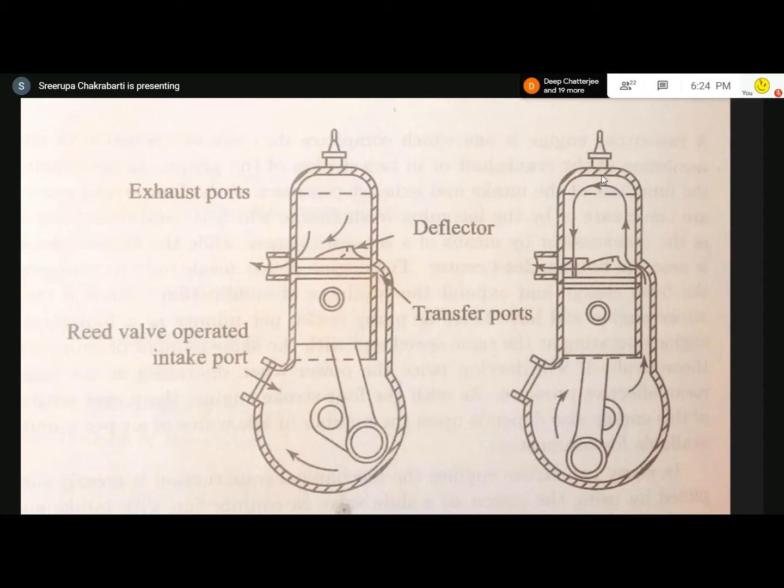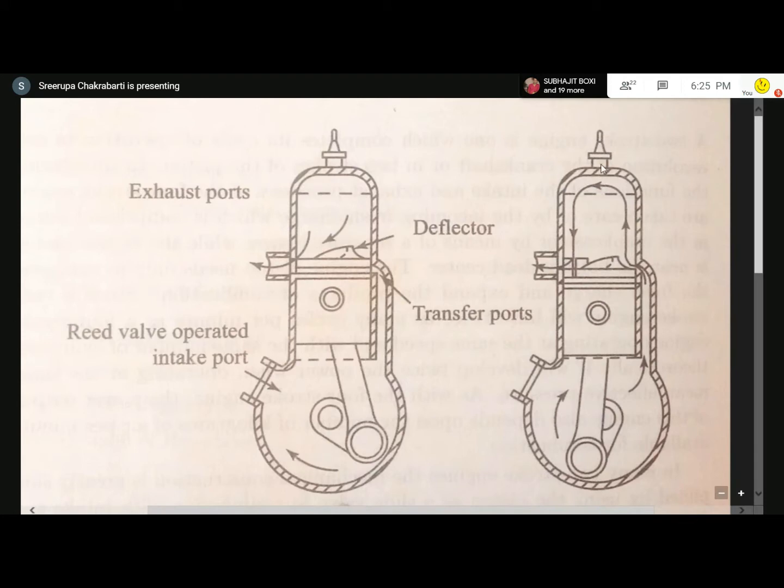So we will operate the spark only when we want the spark to happen. That much control is there. When the piston is moving upward and it has come up to such a position, the deflector on top of it is above this. So the volume of the charge is very much compressed. Pressure is very much high. Temperature of this gas is also very much high, because when the pressure increases, temperature also increases as a result of compression.